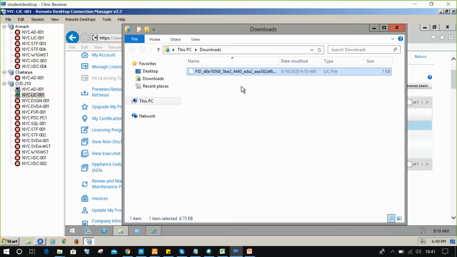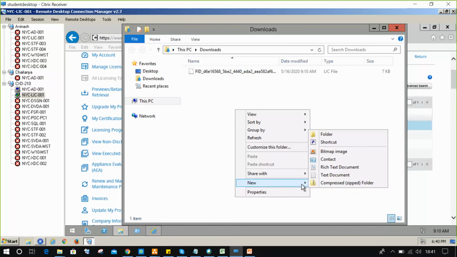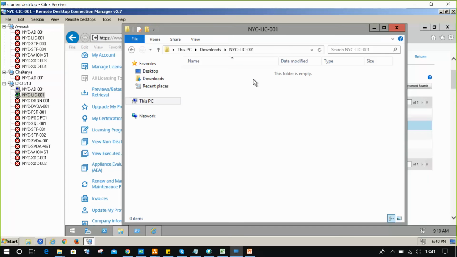So this license file is in the download folder. I'll rename it to NYC hyphen LIC hyphen 001. Okay, so I'll safely copy this file into this folder. For the safer side, I'm taking a backup.